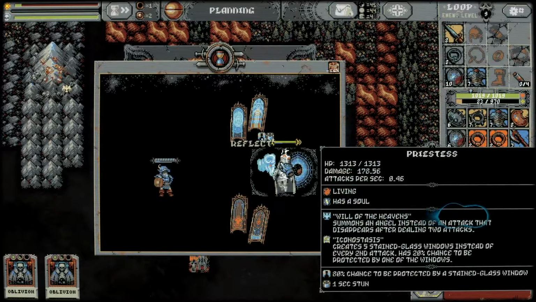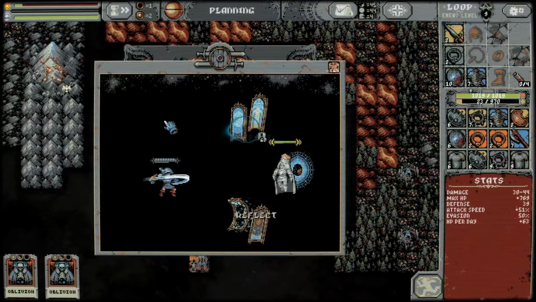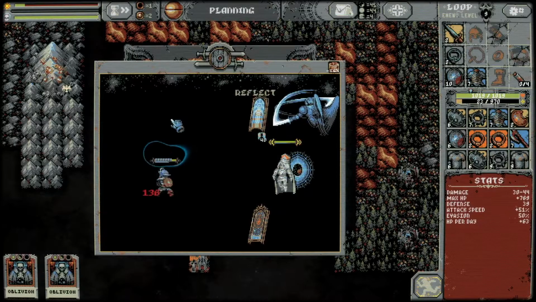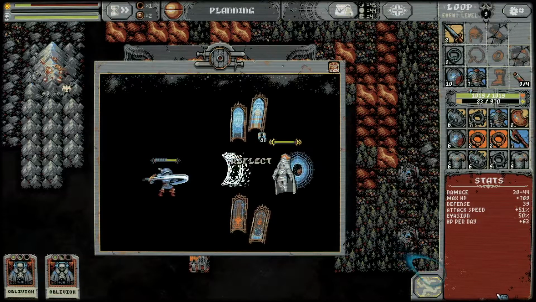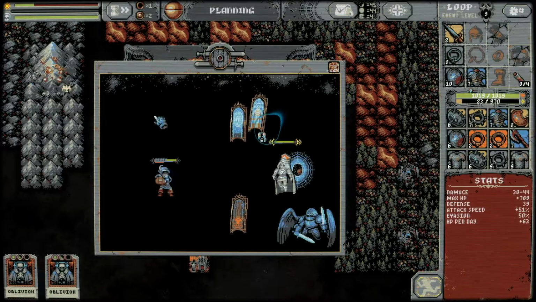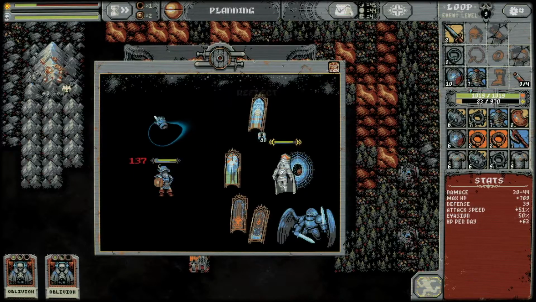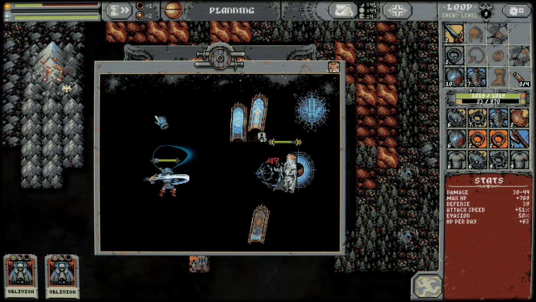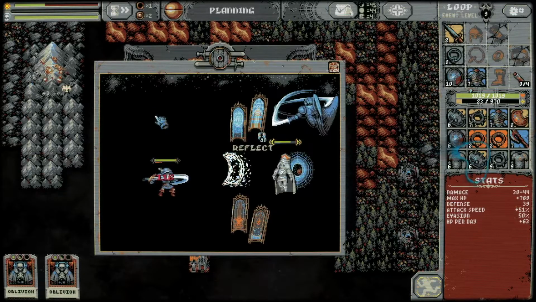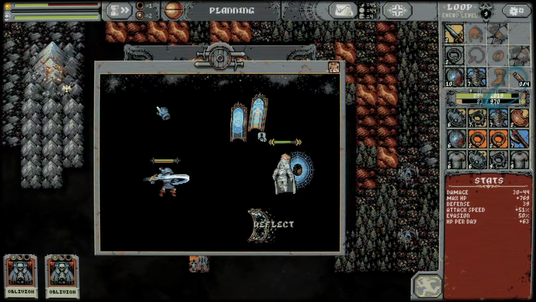Okay. Summons angels instead of an attack that disappears after dealing 2 attacks. Creates stained glass windows instead of every second attack. Has a 20% chance to be protected by one of the windows. Gotcha. I don't know if we're gonna make it, boys. We don't have any regen, so...